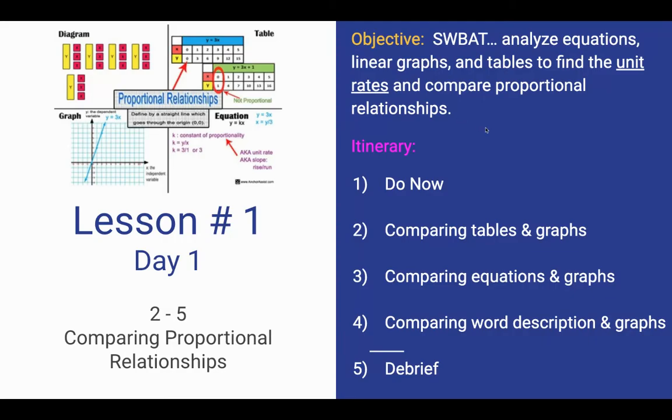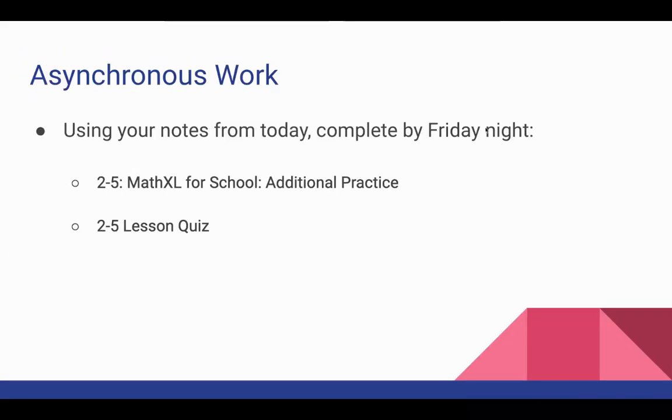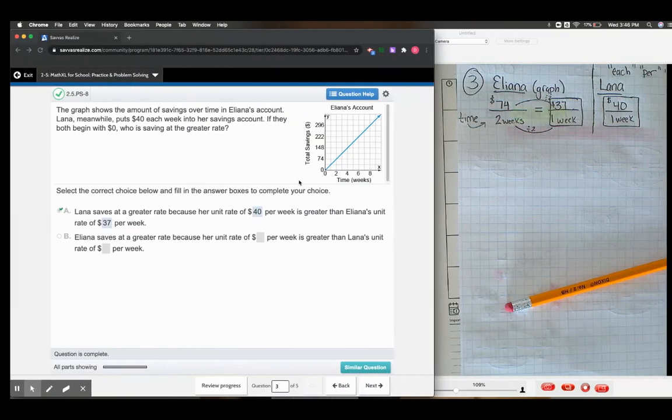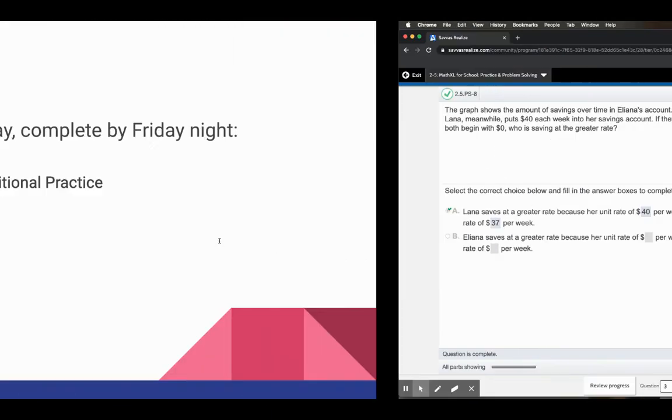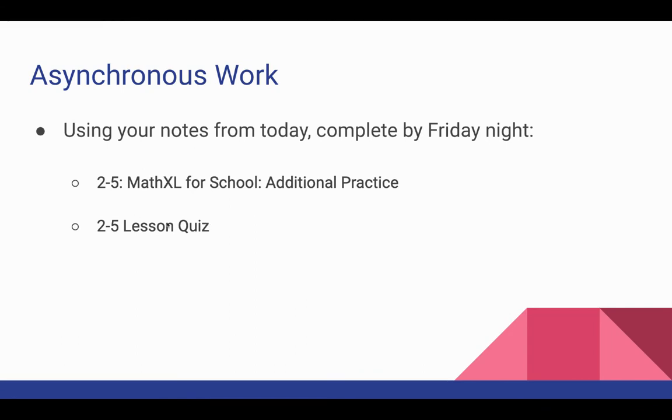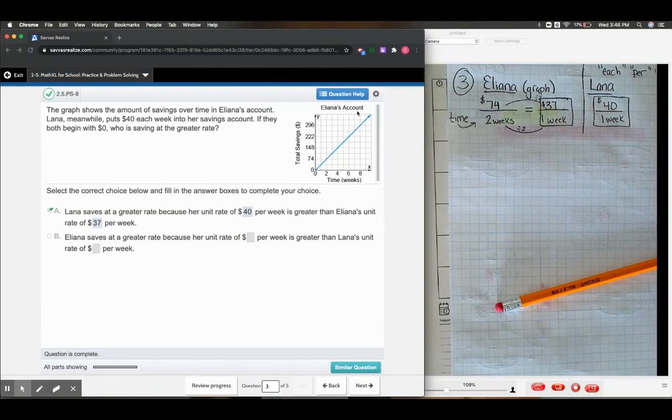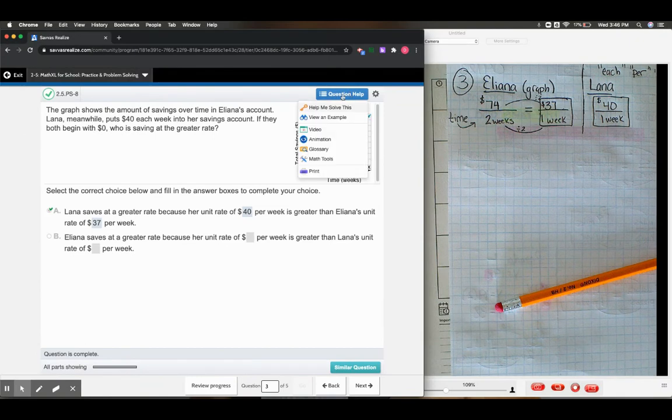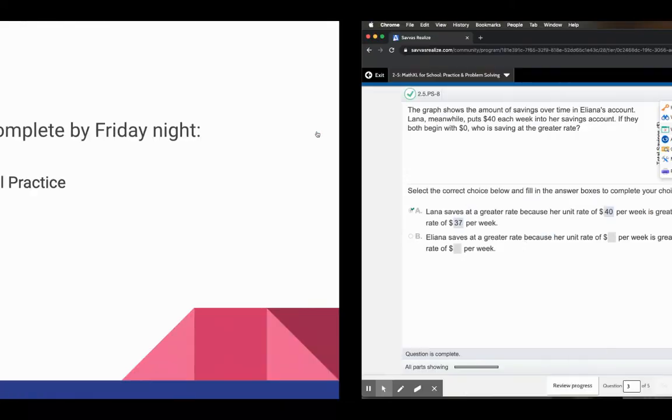And what I'm going to end this lesson with is your asynchronous work. By the time this video ends, there should be 2 assignments in your Google Classroom. 2-5, Math Excel for School. It looks a lot like this assignment, so you're going to go through those same processes. And then there's also a lesson quiz. I really recommend doing this one first because you can always use the question help button to help you solve a problem, to view an example, to watch a video,